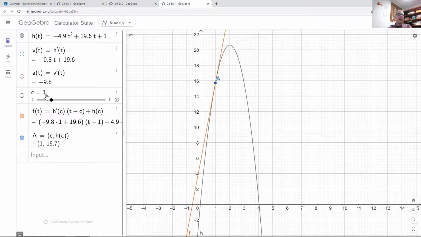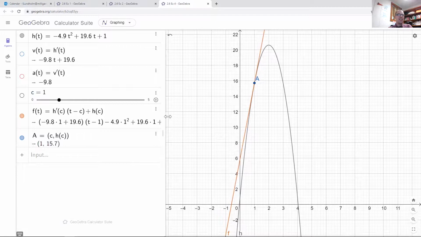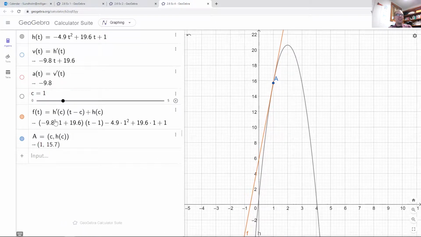I mean, I guess you see it, it's really long here, but actually, I wonder if I show value. Ugh, it still shows it as expanded out like that. I bet if this was a function of x, GeoGebra would simplify all that stuff and you wouldn't have to read all the numbers. But I mean,